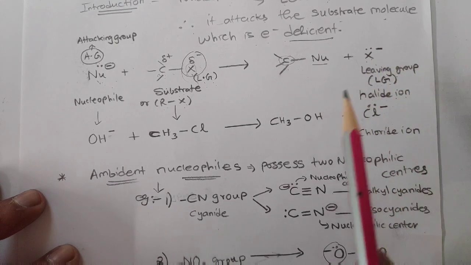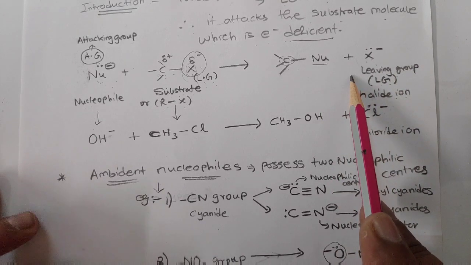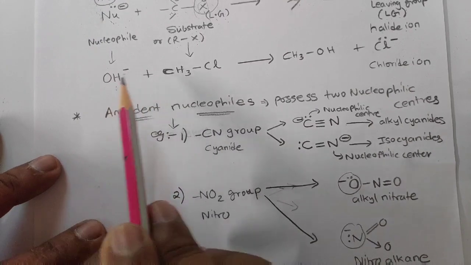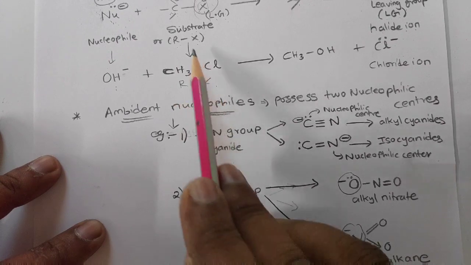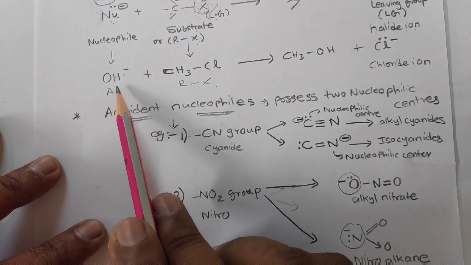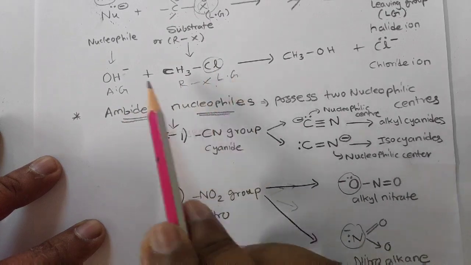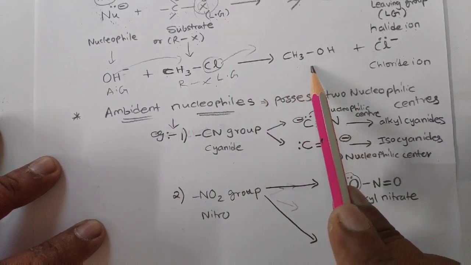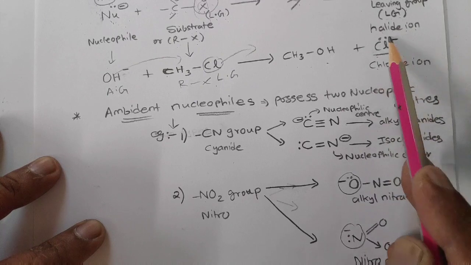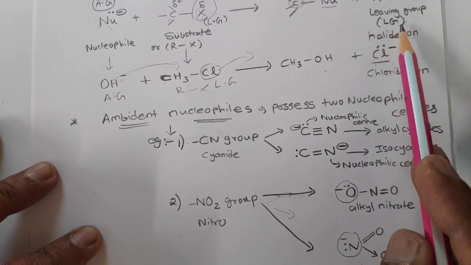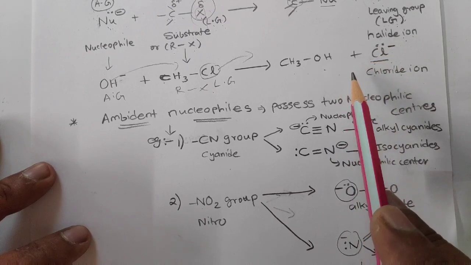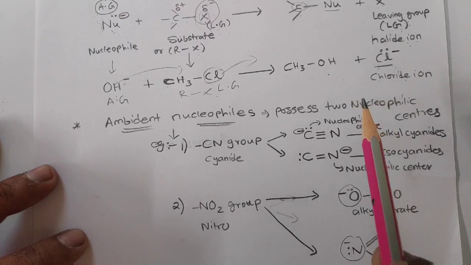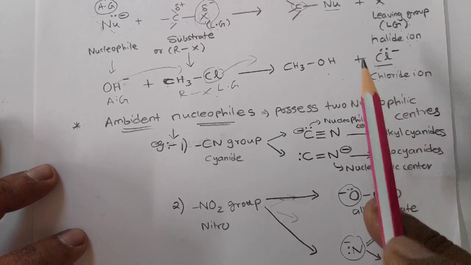The halide ion is being separated, right? So if you want to understand this nucleophilic substitution, we need to understand the reaction which is given. Now here, suppose OH minus acts as a nucleophile. This is your alkyl halide we are talking about, that is the substrate. So this is the attacking group, this one is your leaving group. So this will attack here on this carbon and this will be leaving from here. So you will see CH3OH, and this is the chloride ion or the halide ion, which acts as the leaving group, right? Now this is the nucleophilic substitution reaction we have studied. In your textbook this whole part is given on page number 300, so you can go through this.